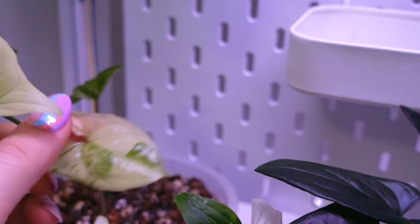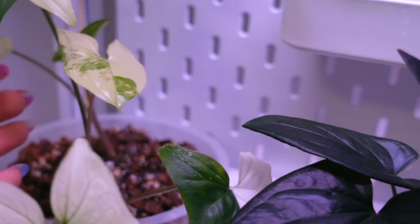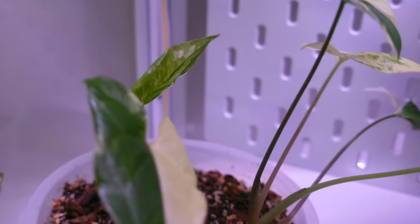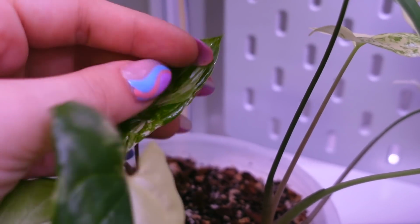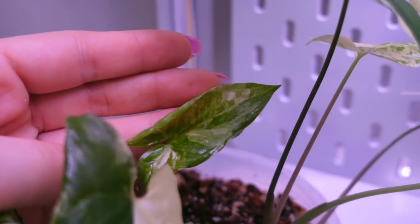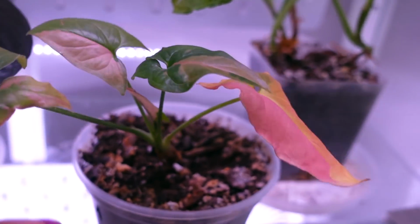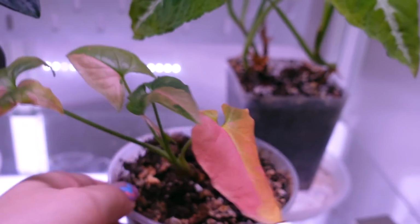My Syngonium albo is doing much better now that I am staying on top of everything. You can see there's new growth in two points here. Really beautiful leaf, and then this more white leaf as well. My pink splash is suffering a little bit, but it's probably a little bit root bound, so this guy will get a repot as well